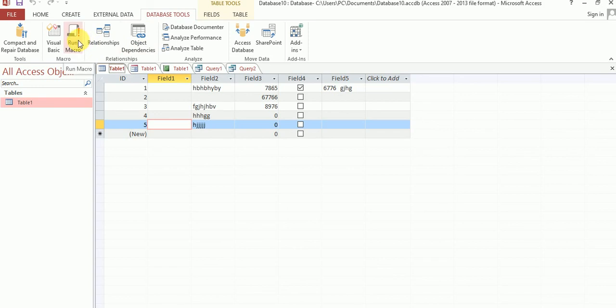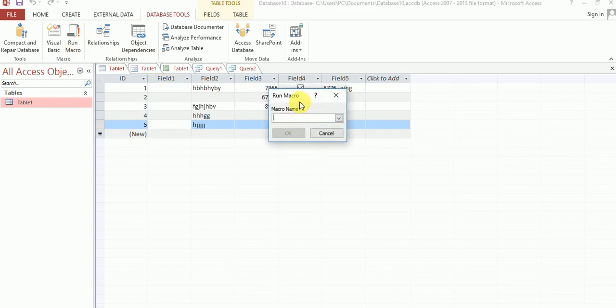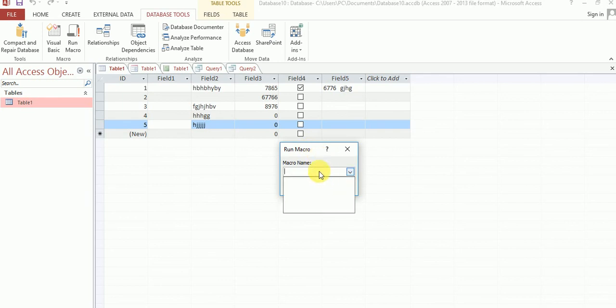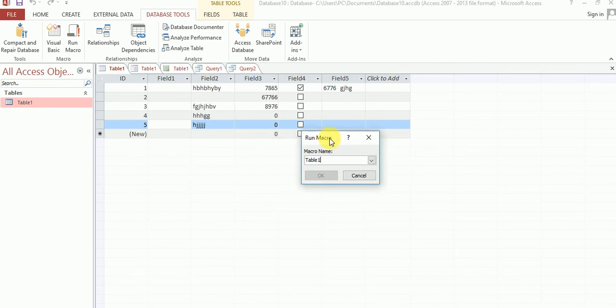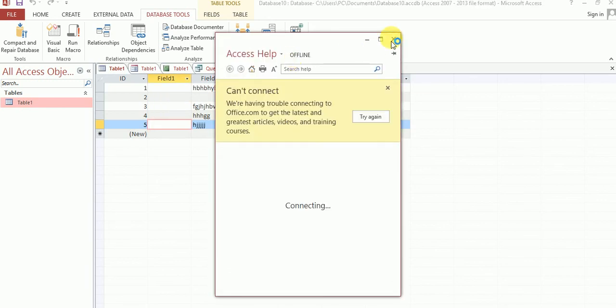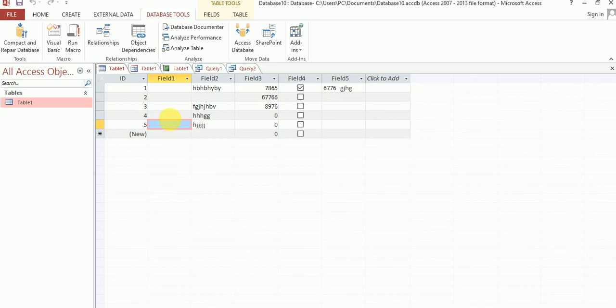This one actually, macro name is suppose table 1. Following actually macro is following in this table. Okay, this one actually that I will store, run macro.